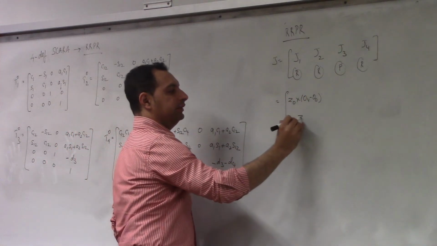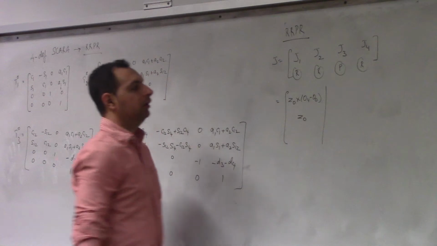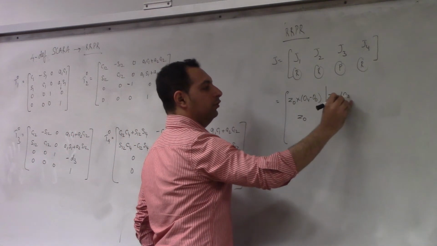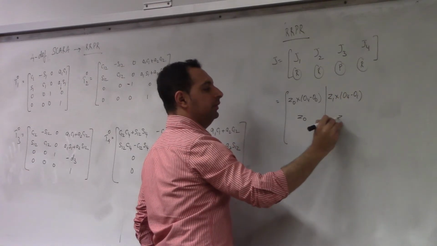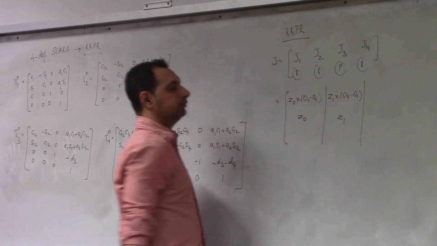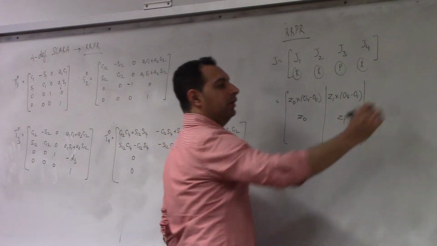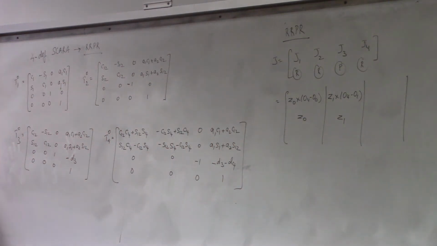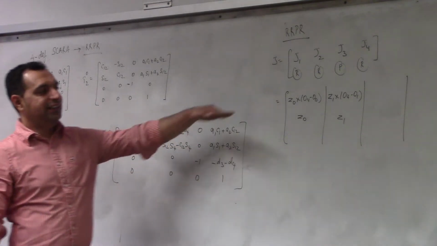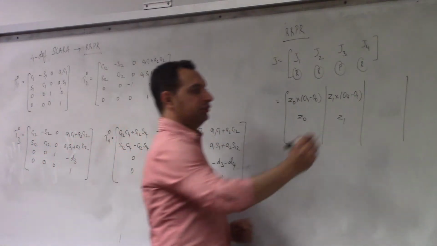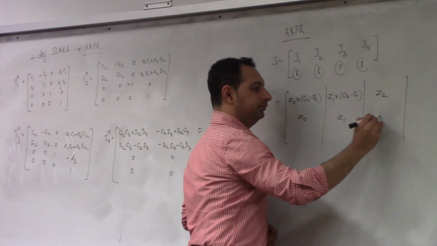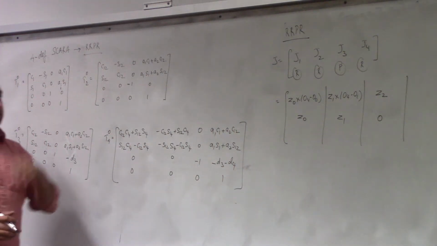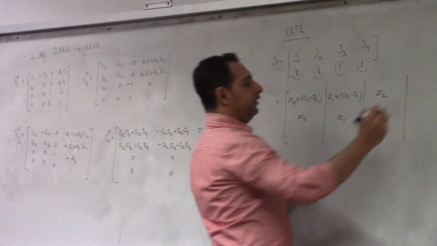And this will be Z0. Then we go to Z1 cross O4 minus O1, and this will be Z1. What about a prismatic joint? First one is JV, so this will be Z2. Okay? All right? So this will be JV, and here you'll have